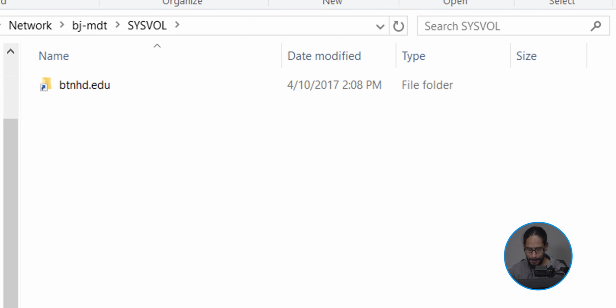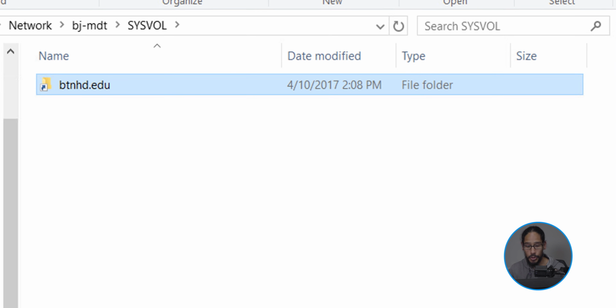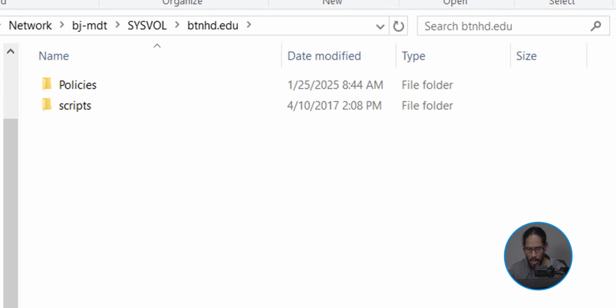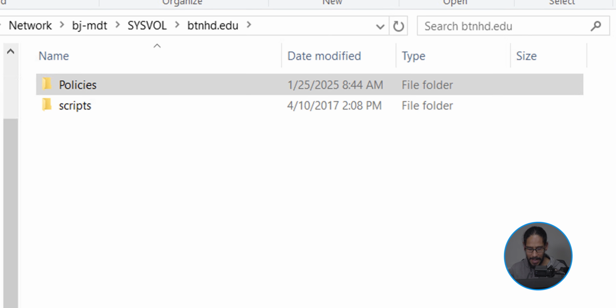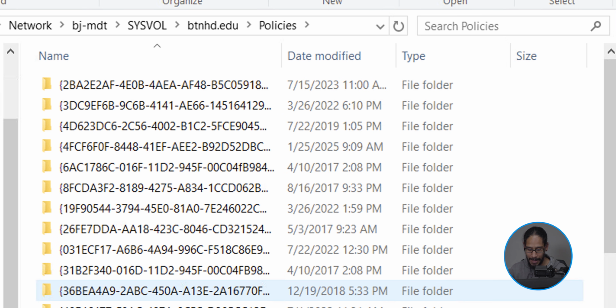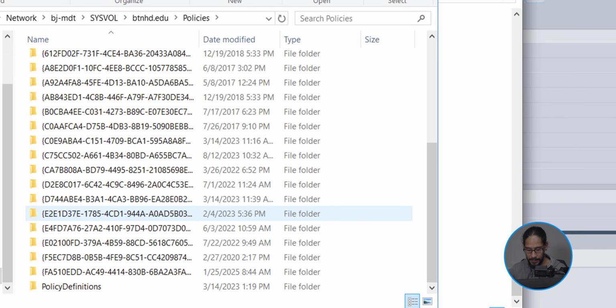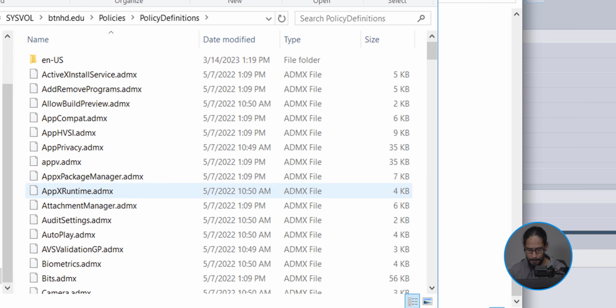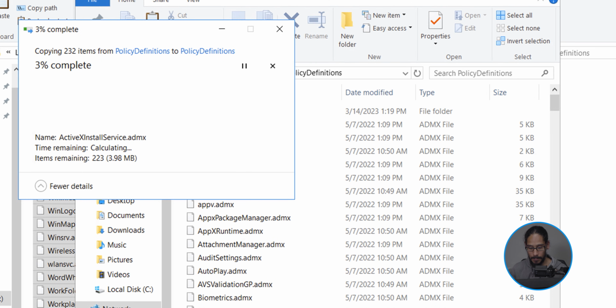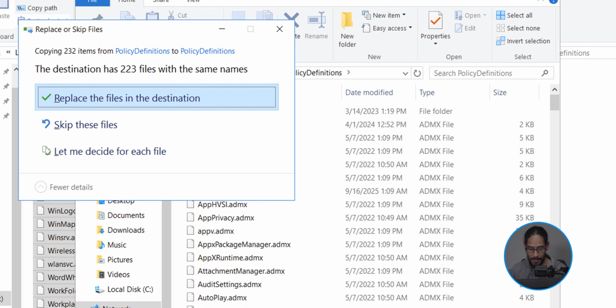We're going to double click on it. You're going to find your domain, which my domain is this. I'm going to double click on the shortcut. It's going to take me here. We're going to locate policies, and we're going to double click on that folder. And for me, I'm going to scroll all the way down and locate the policy definitions folder, which is right there. Excellent. We're going to double click on that. And I am going to do a Control V on my keyboard to paste. And eventually you're going to get this.